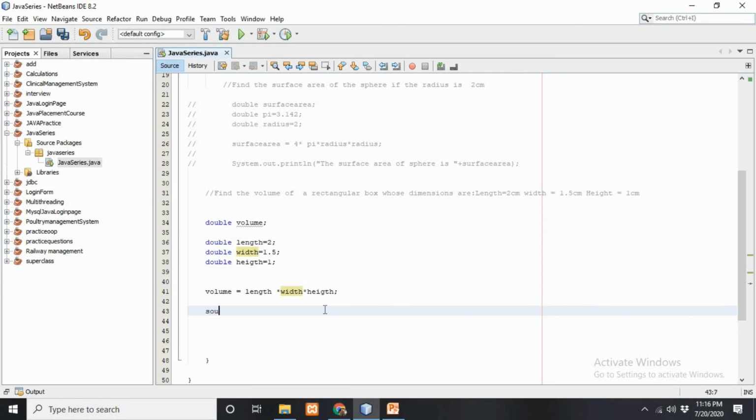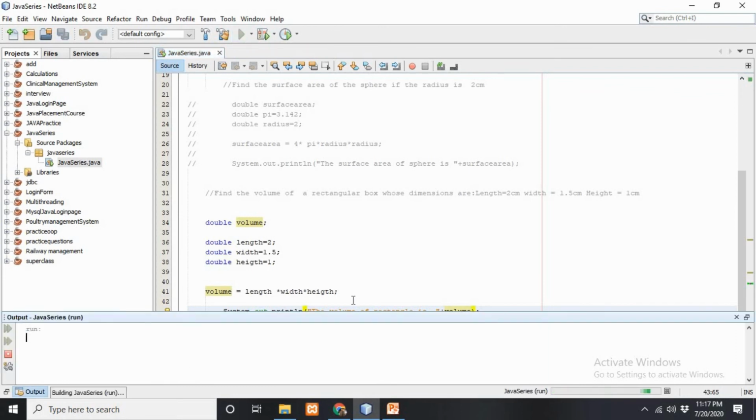Now the next thing is to print the statement. The volume of rectangle is, again you have to put the plus sign and concatenate the variable that is volume. Just press the run project button and the volume of rectangle is 3.